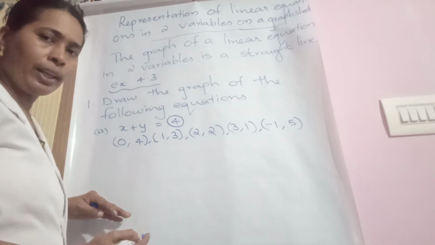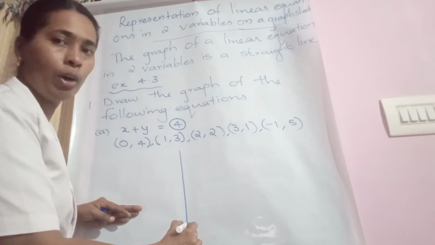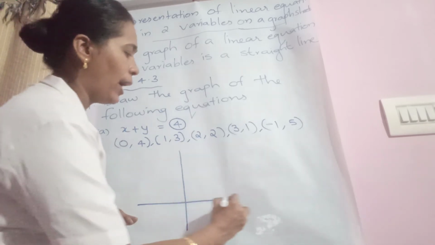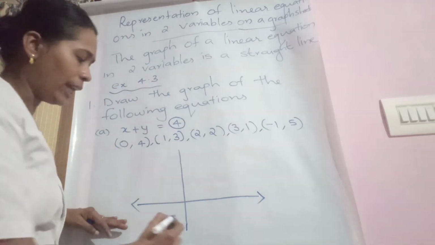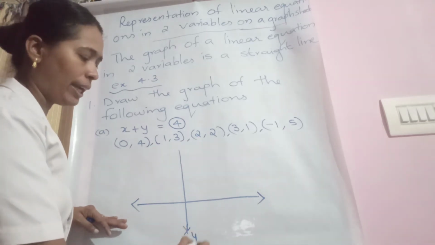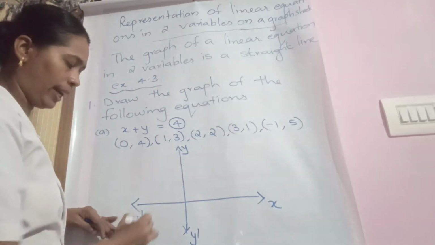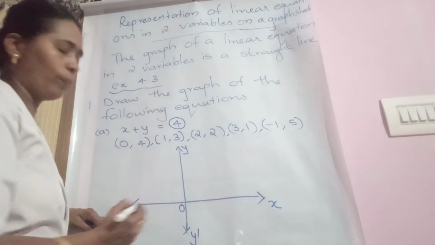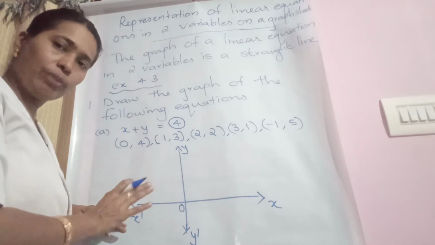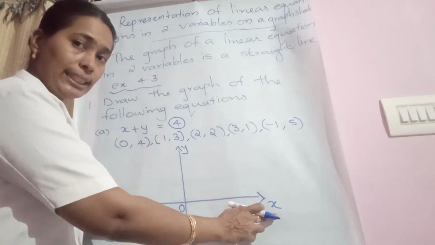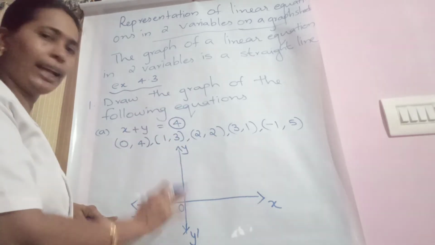So let us start drawing the graph. For that, you need to draw both axes. The negative part is not needed, because we don't have any negative values for y. That's why teacher has drawn only a little bit. Write y dash, above you can write y. On the right side x, left side you can write x dash, meeting at point O. This is the basic thing. You must write all these things in your graph sheet. The horizontal line is x dash, 0 is the origin. The vertical line is y for positive values, y dash for negative values.